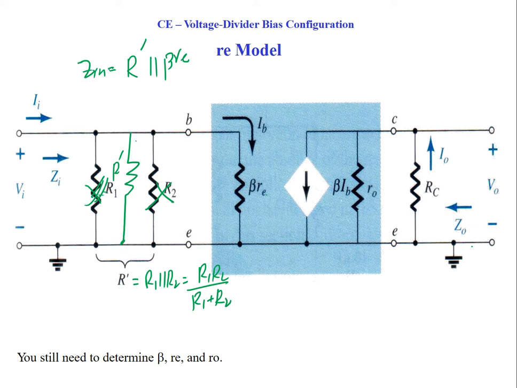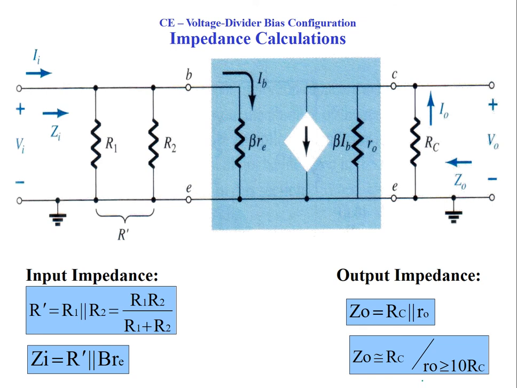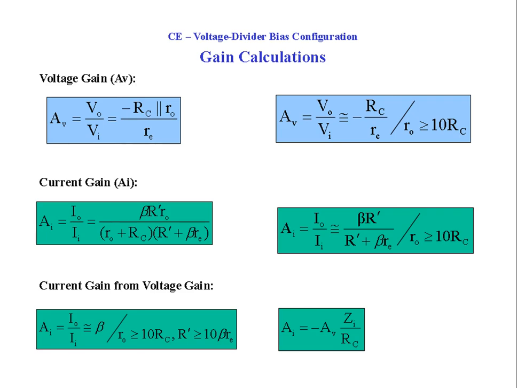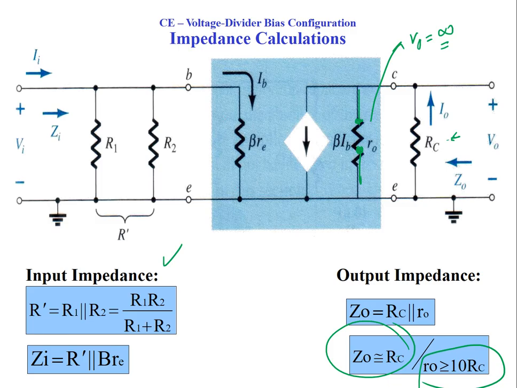And if you look at the output impedance here, this RC is in parallel with the R naught. If we apply the simplification that this value is very high, then the output impedance will only be RC. Very high means, as we discussed last time, R naught is infinity, and infinity means open circuit, so there is nothing here. Then the output impedance will be only RC. Similarly, if we apply simplification for the input impedance, we can make it more simplified, and it could look just like this.